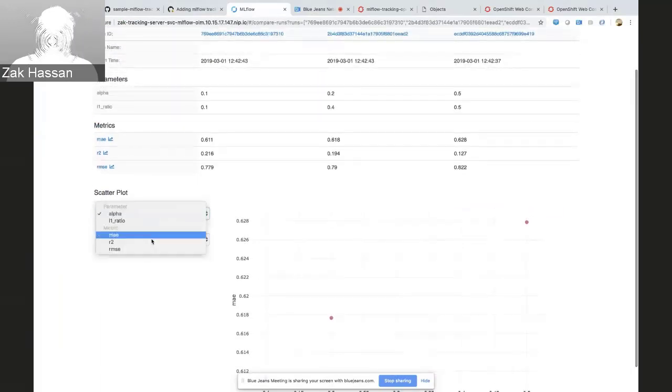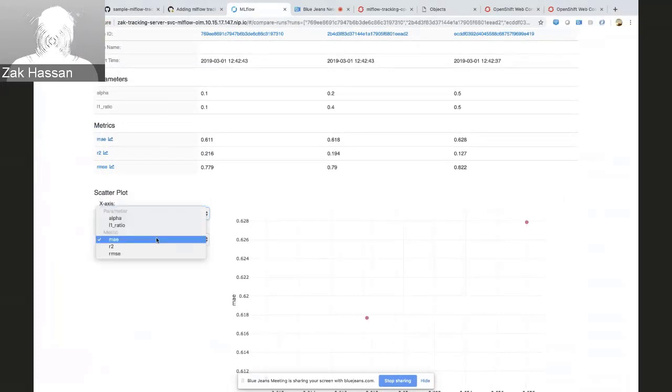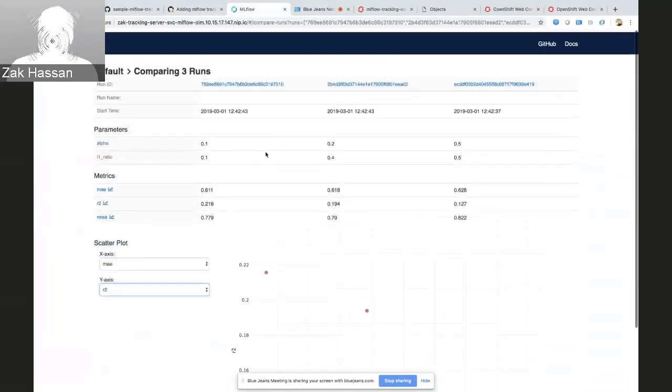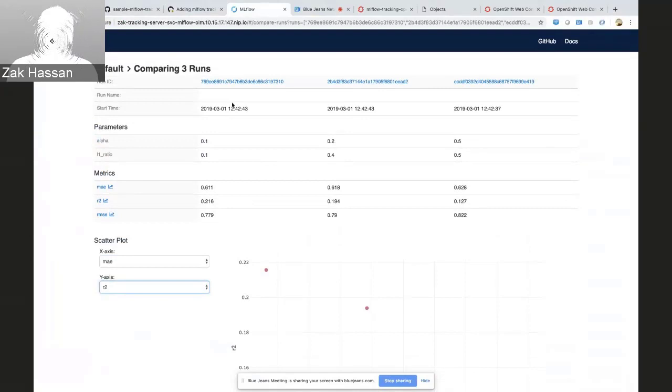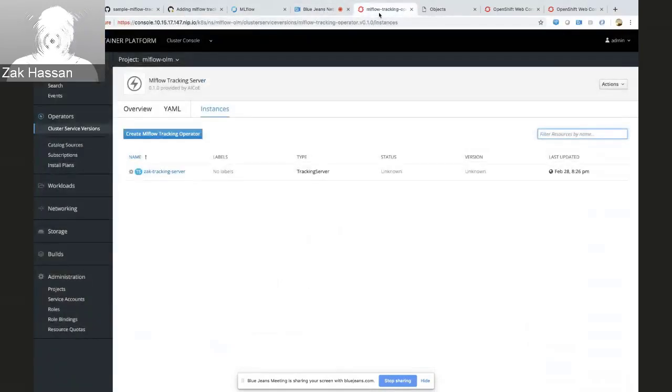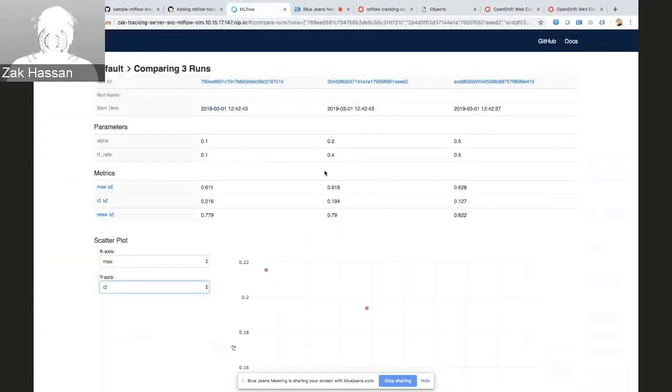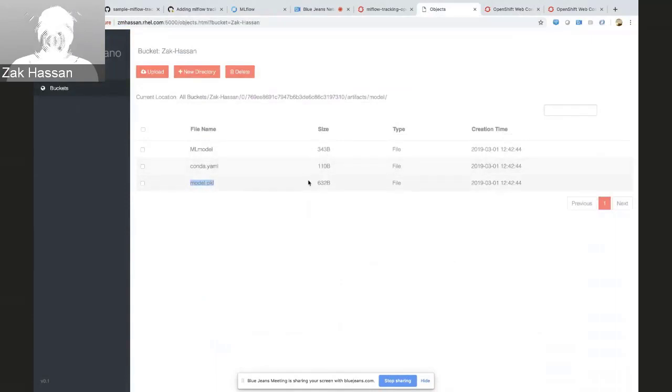I can compare different things, and I can see them side by side, right? And I can choose the one that provides the best metrics. So that's pretty much the quick demo of running a machine learning job, tracking experiments, storing the model in S3.